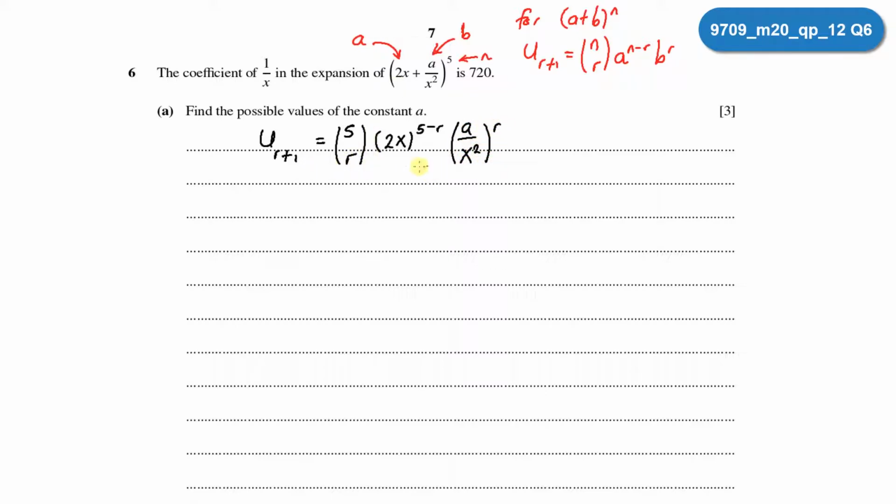So this is the general term for the binomial expansion of (2x + a/x²)^5. So I can actually split this into coefficients